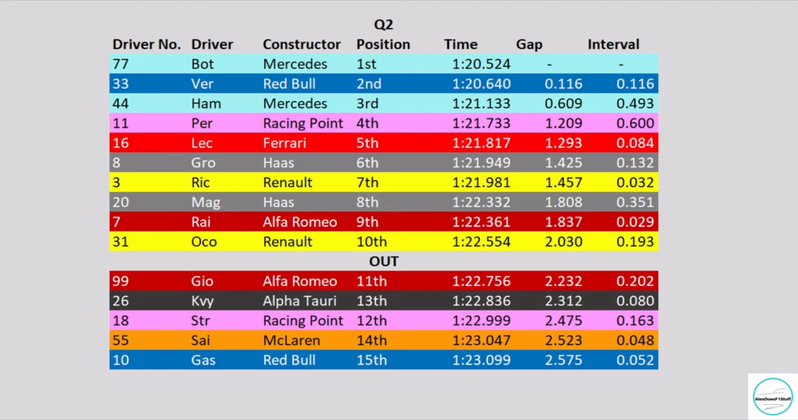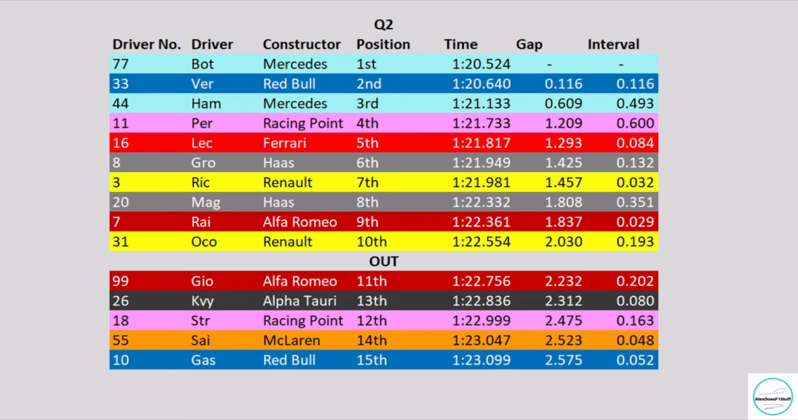Giovinazzi is first knocked out in P11 with Kvyat behind him. Stroll finished 1.2 seconds off his teammate. He's definitely got a lot of work to do in the race. Sainz in the McLaren is next, and Gasly in the Red Bull, failing to get through into the final part